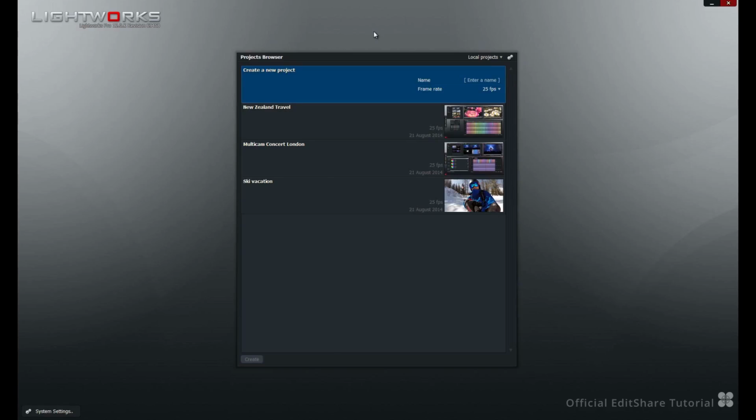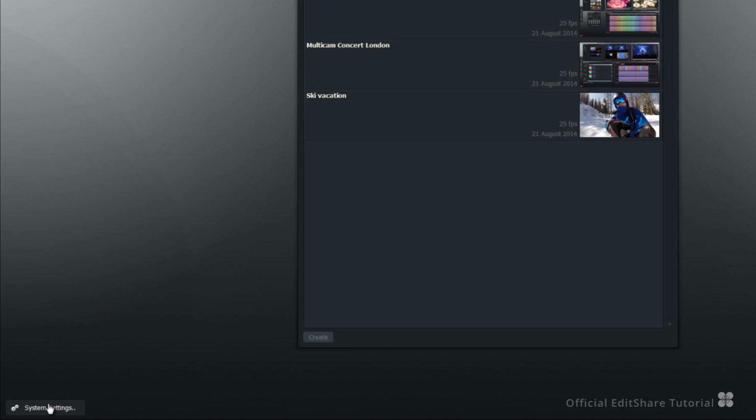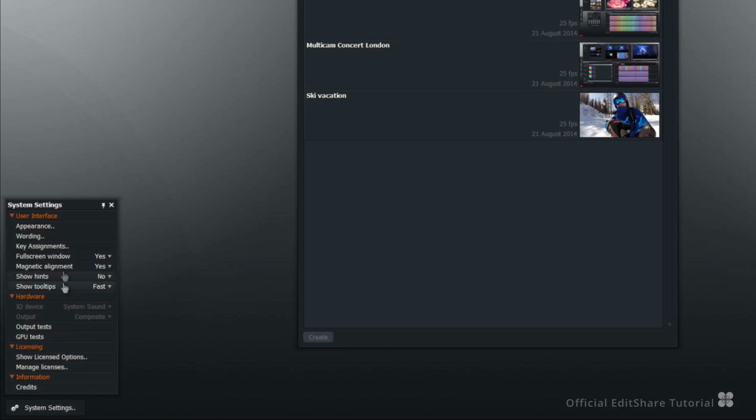In this quick start video, we're going to take you through a brief edit workflow. When you first launch Lightworks, you'll be presented with the project browser screen. I'd like to draw your attention to the System Settings button at the bottom left of the screen. Here, you can modify the Lightworks user interface appearance,